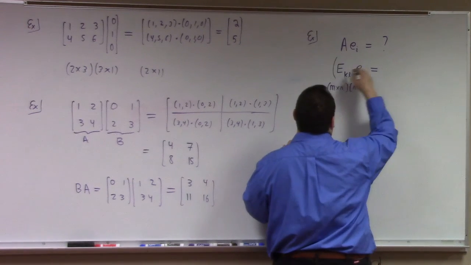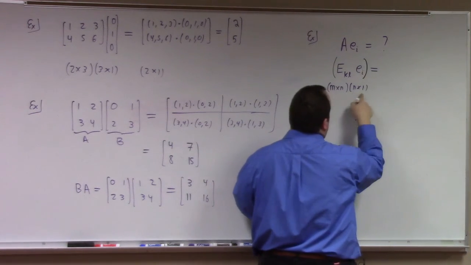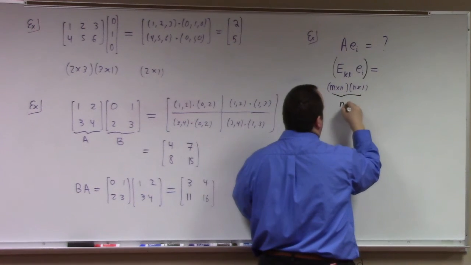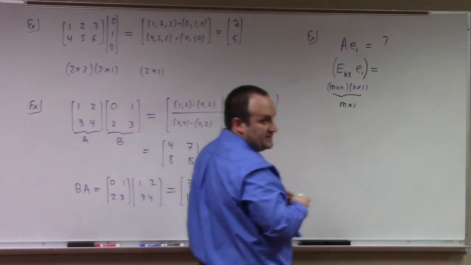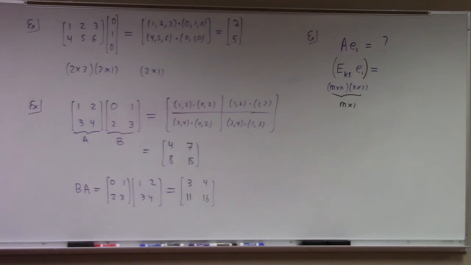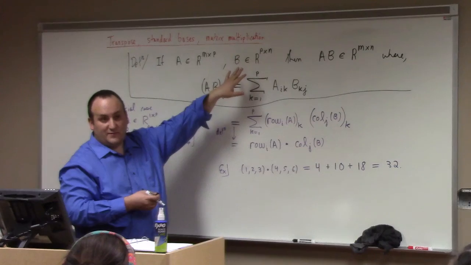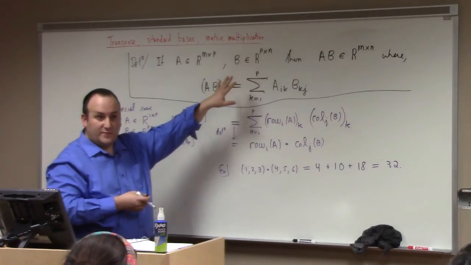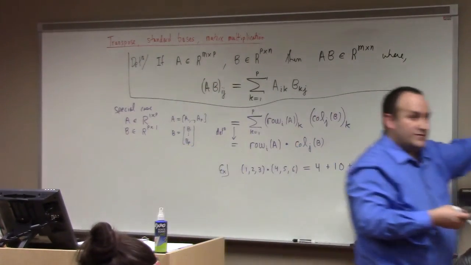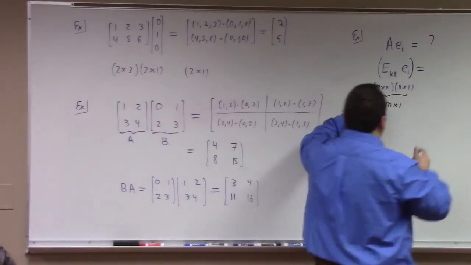If I calculate this, what kind of thing am I looking at here? Altogether, I'm looking at an m by 1. This is another special case of the definition. I talked about what happens if both m and n are 1, but there are 2 other cases to think about in terms of the index appearing differently. If just one of them is 1 and the other one is not 1, or vice versa, that will give you a row or a column vector as the output. In this case, we have a column vector. So the definition of matrix multiplication here is a little bit different.